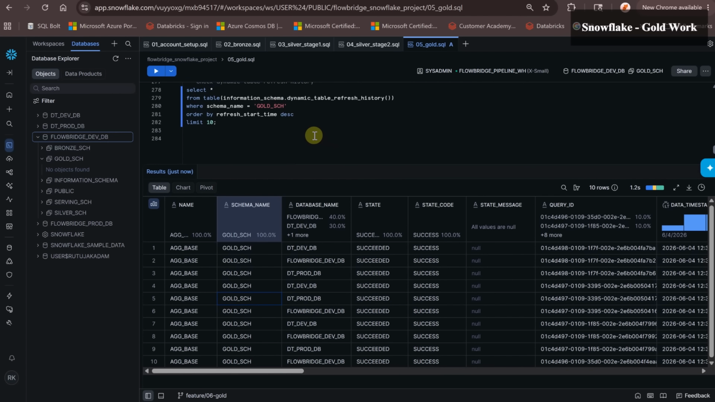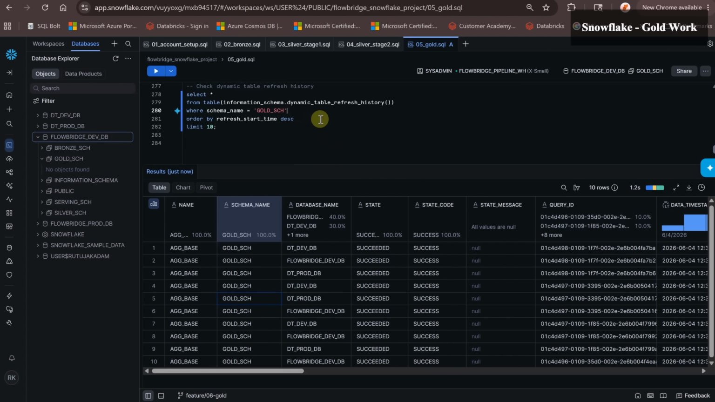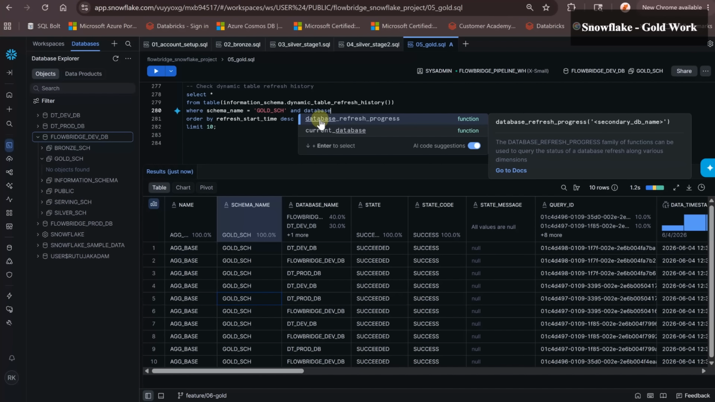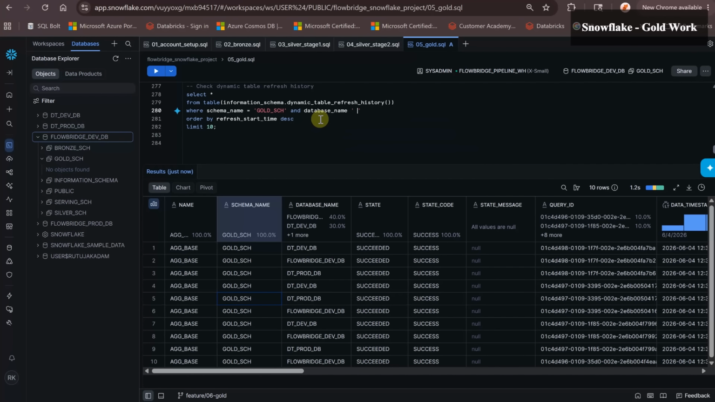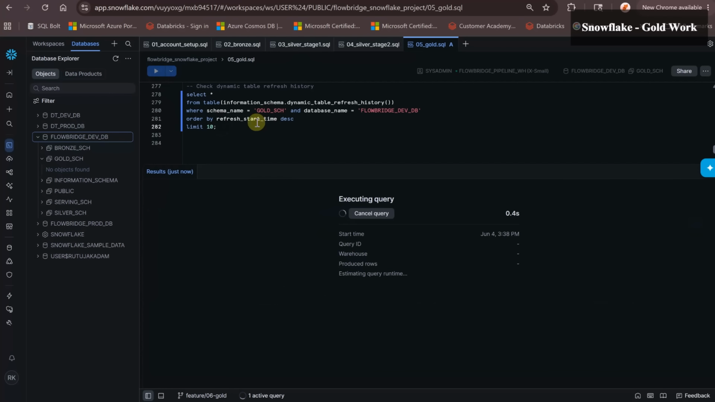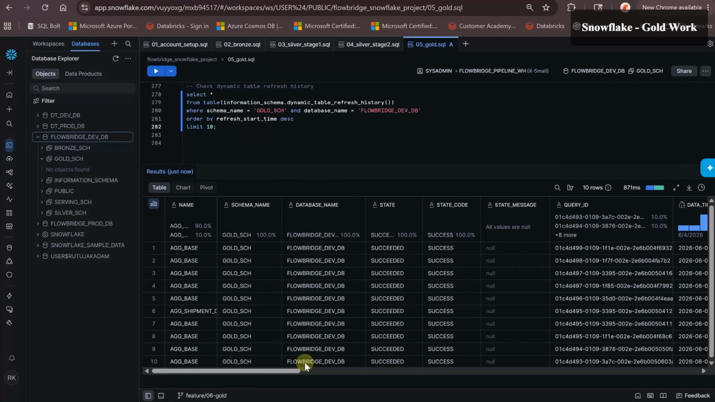You can add database name condition also here. Let's say and database name, and we will give this database name. Now let's run this query again. So we can see all our dynamic table refresh history in this information dynamic table refresh history table,